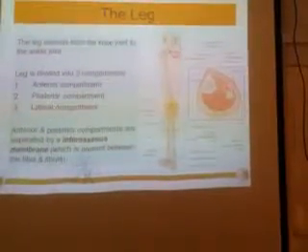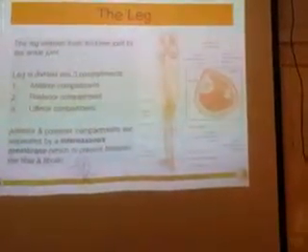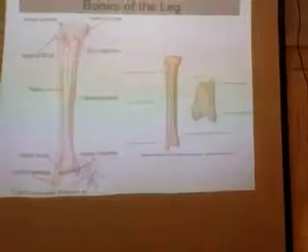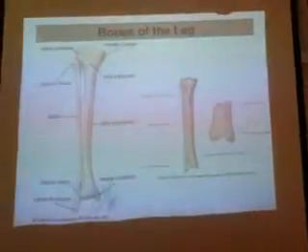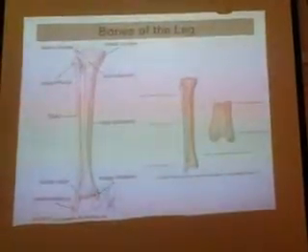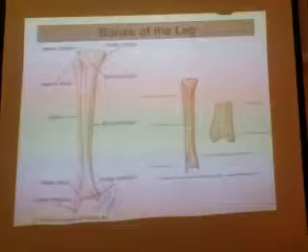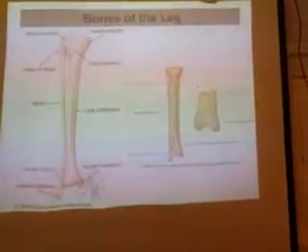Similarly, here also we have an interosseous membrane, and it is dividing the anterior compartment, the front, and the posterior compartment, behind, and we have the lateral compartment. So these are the bones which you are supposed to study in this lab also. The two bones will be the tibia as well as the fibula.